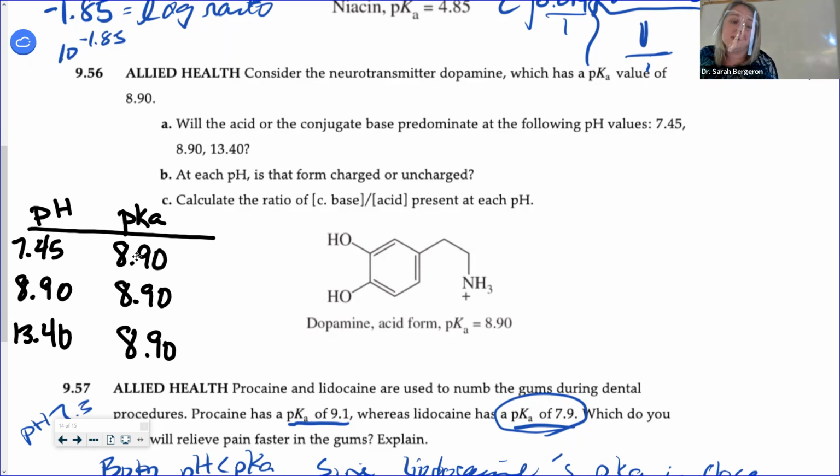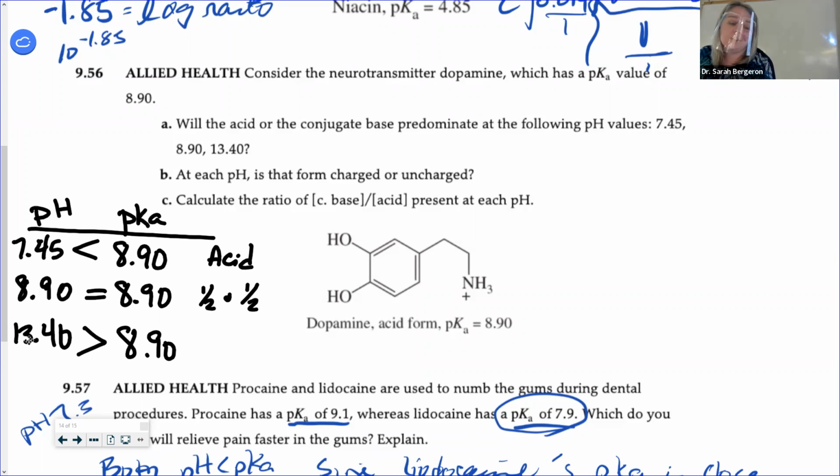So in the first one, at pH 4.5, which one's higher, pH or pKa? pKa. What happens in the second situation? Equal, and the third, pH is higher. So if pH is lower than pKa, like right here, tell me about what's predominating. The acid form. That's correct. Acid predominates. How about my second situation? Ooh. You have half and half. Equal, however you want to say that, right?